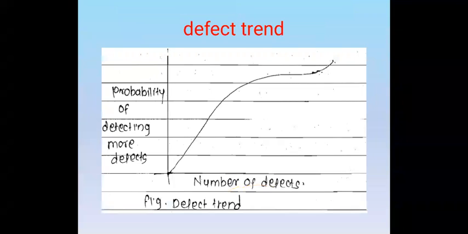What this figure shows is the relationship between the number of defects found and the probability of finding more defects. So this is for the testing process and the number of defects found in testing. Suppose we find more defects, then with more defects in the product, there is a probability of finding other defects in it. So we want the testing team's defect finding ability.